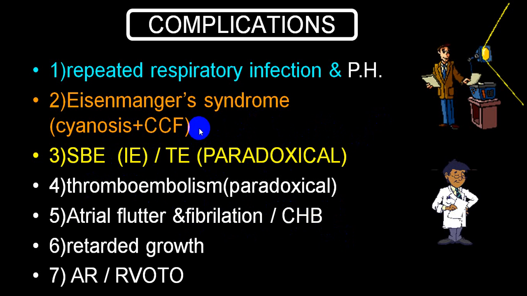By and large, it is always systemic, but it can also go from LA, LV into the right side and pulmonary, and that is also paradoxical embolization. You can have a complete heart block also once in a while, not very common. Retarded growth. You can have an abnormal congenital heart disease associated with VSD, like single ventricle, right ventricular outlet obstruction. Or you can have aortic regurgitation, aortic valve defects, mitral valve defects, endocardial cushion defects. These can be associated conditions.